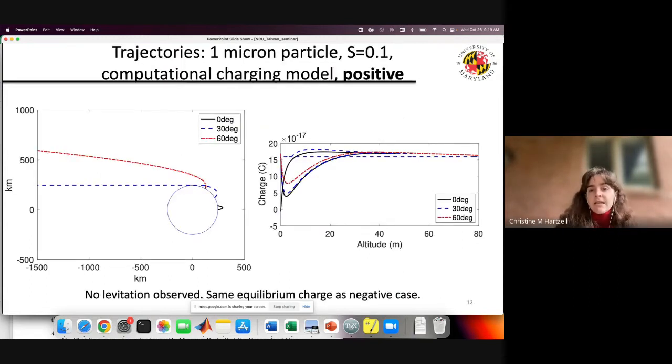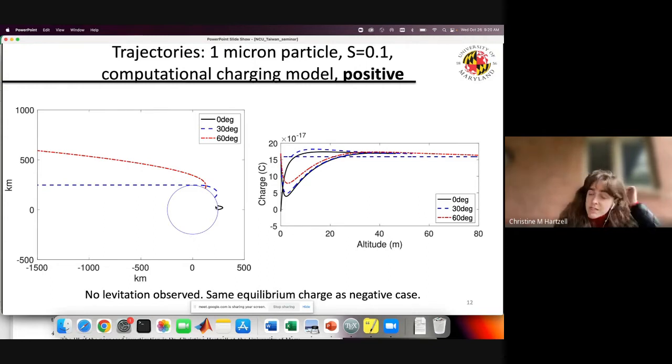We can look at the same thing, but now assuming that the particles are initially lofted with a positive charge. Here we do not see any levitation. We see that this particle just has a ballistic trajectory across the surface and re-impacts, but the particle that's lofted at 30 degrees gets very, very close to the surface, but still escapes. And the particle lofted at 60 degrees also escapes. So we don't really see any levitation. We still see that particles escape, but we see that,